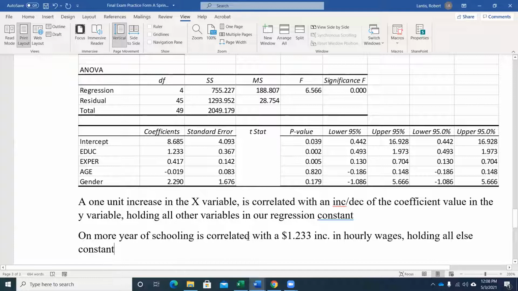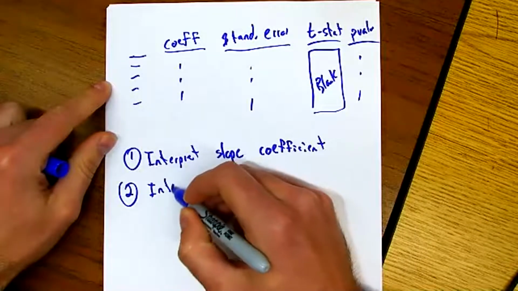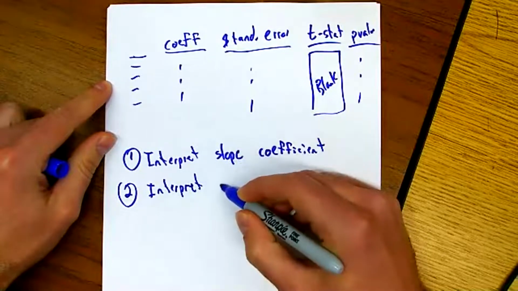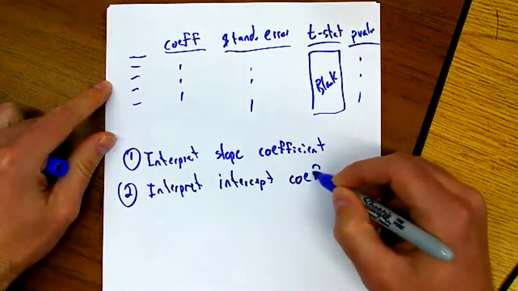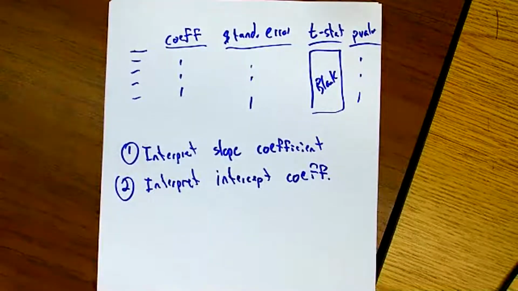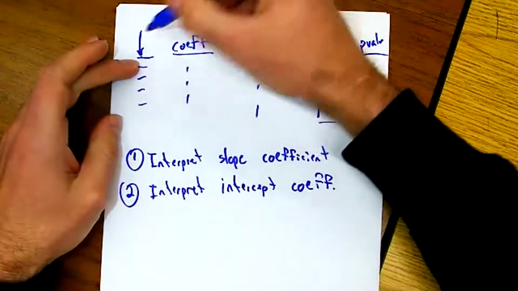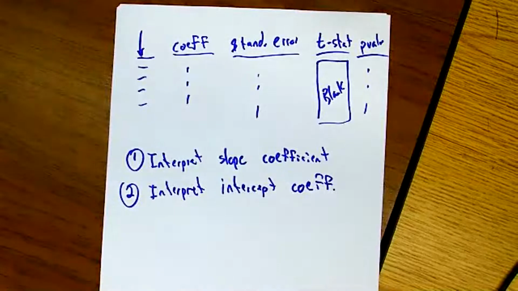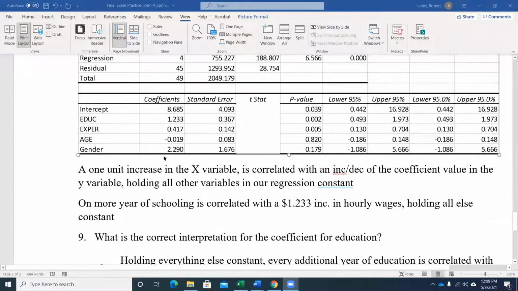So know how to make those slope coefficient interpretations. That would be the first thing I would say. The second thing, and I'd say people did pretty good on this in the Excel, is knowing how to interpret that intercept coefficient. That'd be another good thing to know how to do. It's always going to be that first line up here, where we look for that constant or intercept, which is in the first row right here, right? And the way we always interpret this, we said,